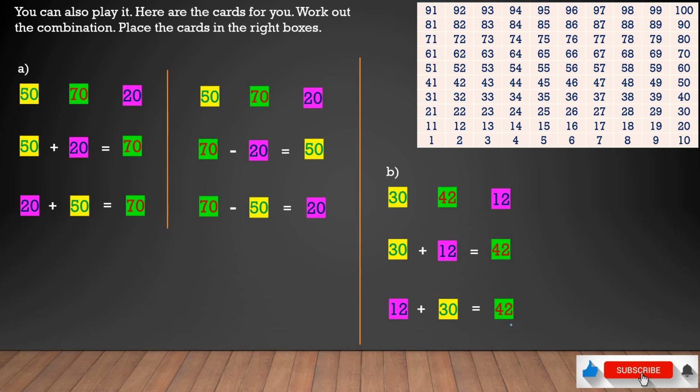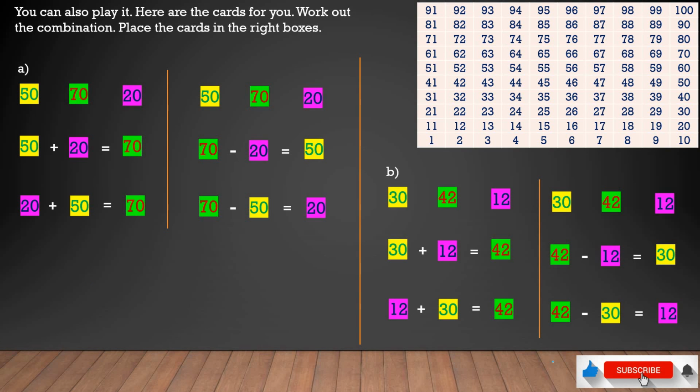Another arrangement can be with the subtraction sign. So here we will subtract these two numbers. If you subtract these two numbers, we can write like this: 42, if you subtract 12, we get 30. We see here we have 42, and we want to subtract 12. So 12 means if you subtract 10, you get 32, and if you subtract 2 more, it means we'll move left side, 1, and if you subtract 1 more, we'll reach 30. So that's how we get 30.